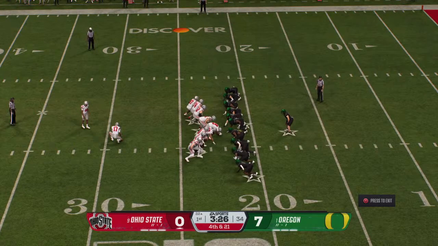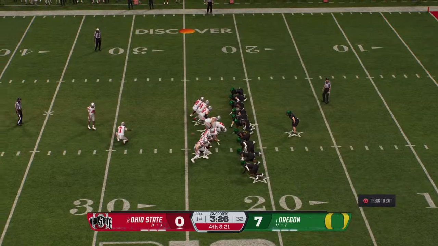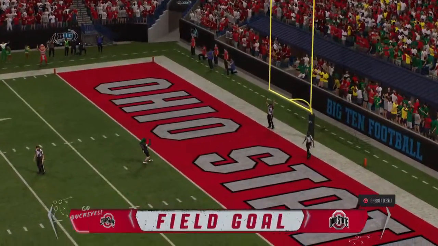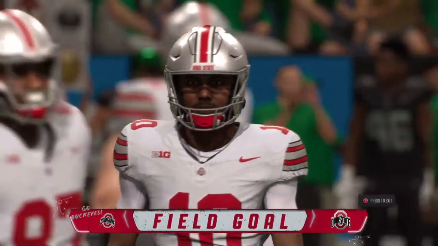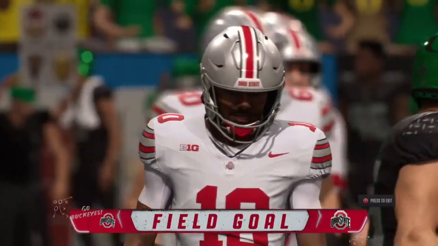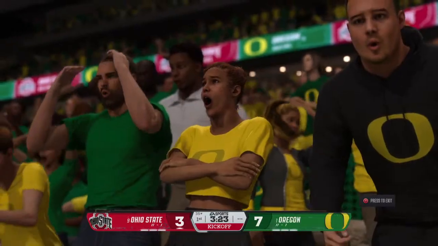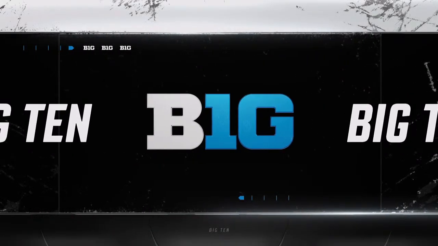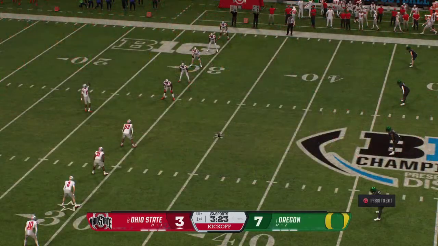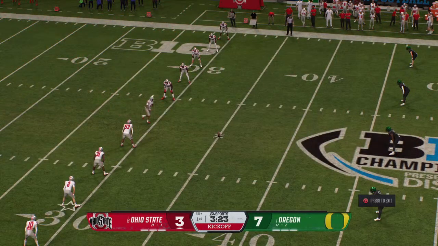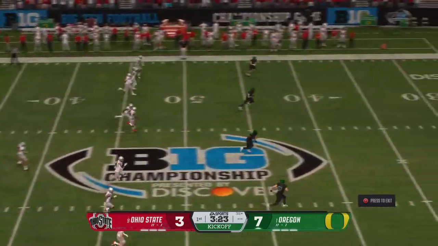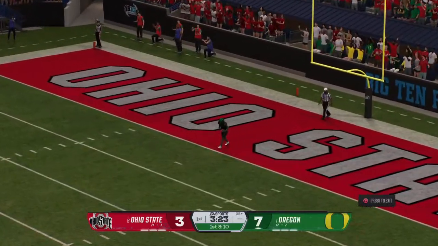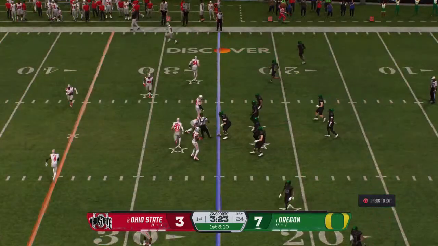So now on 4th down, out comes the field goal unit. Who got it? The field goal's good. So after the field goal, the kicker out there again to boot it away. Doesn't bring the kick out. Touchback. They'll start at the 25.